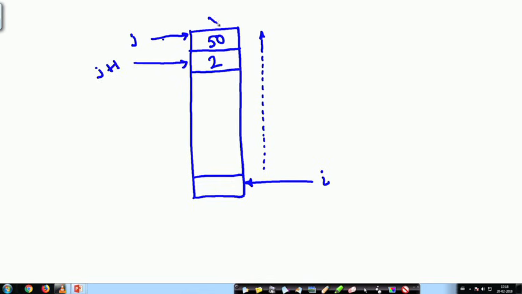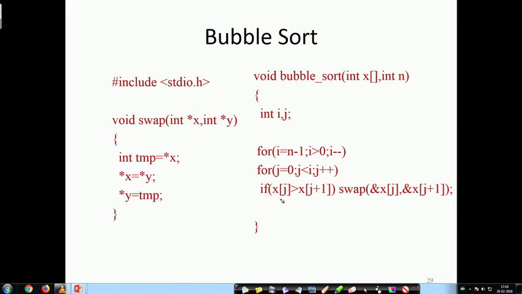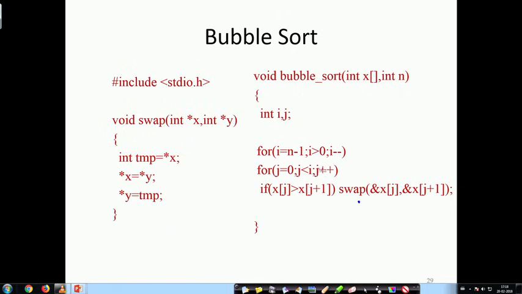If x j is greater than x j plus 1, what would I do? I would swap. If x j is greater than x j plus 1, I am swapping x j and x j plus 1. I will come to the swap function later. I am assuming that the swap is working correctly, that means it is swapping them. So this loop will go on, j equal to 0, then j will be 1, and in that way it will go on.